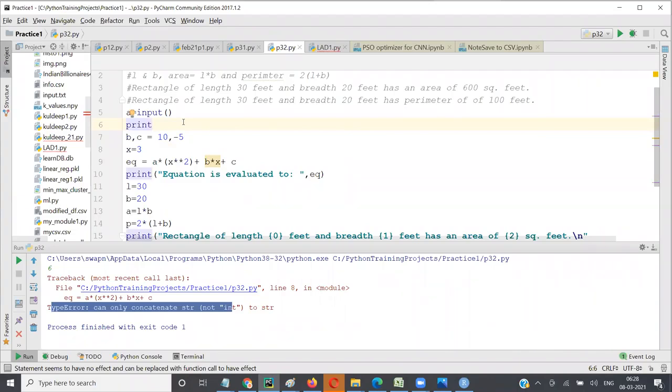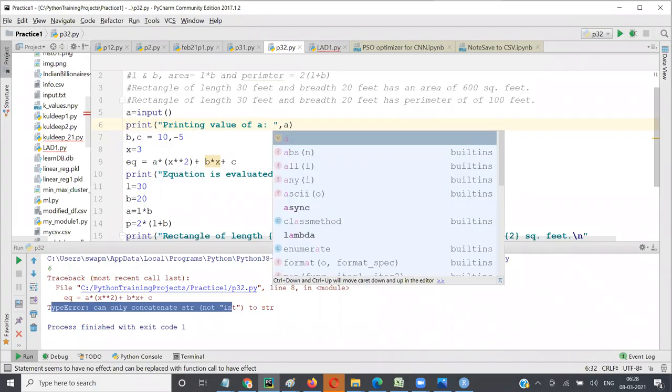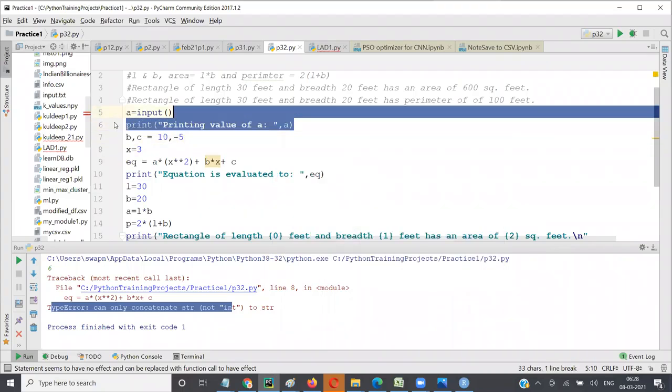Okay. So here, I think recording started, right? Yeah. So here, if you want to print the value of A, let's say we print the value of it. Printing value of A, and you say comma A. And here I'm saying